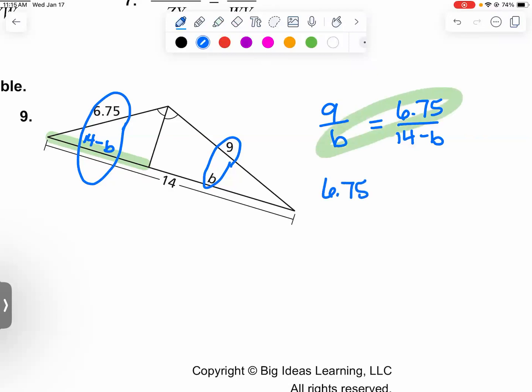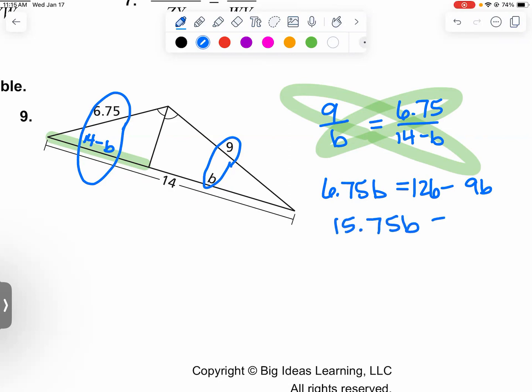So 6.75B equals, what's 9 times 14? 126. So 126 minus 9B. Right? So if I add, we have 15.75B equals 126. B's and 6's look too much like each other right now. And also 9. This is 126 though, right? Okay, and then I added 9B. So now if we divide by 15.75, B is,